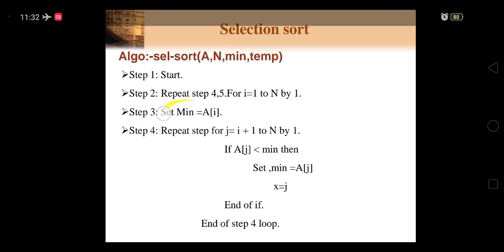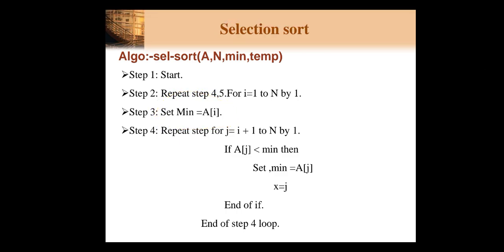Now here what we are doing is taking the first element in our minimum variable. We don't know whether there is any smaller element available inside our array, so we consider the first element of our array as the minimum one. We take that value and set it as the minimum. Then in the j for loop, we start with i plus 1. That means we start with the second element, because we already have the first element in hand, which we consider as the minimum element. So we start with i plus 1, the second element, till the remaining elements of the array. Then we check whether a of j is smaller than the minimum.